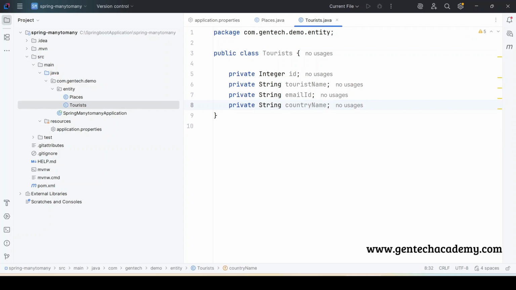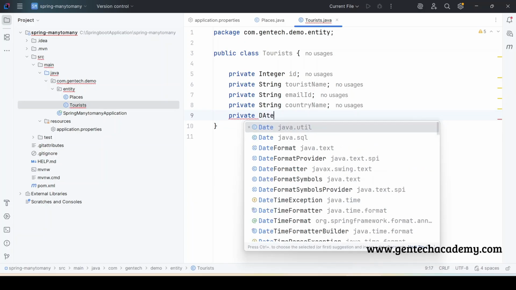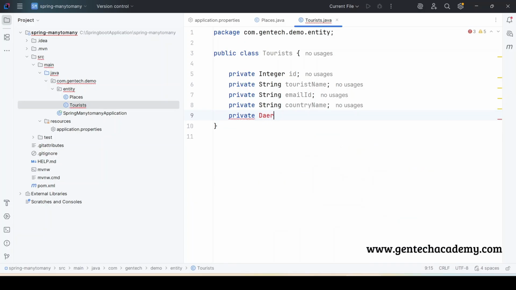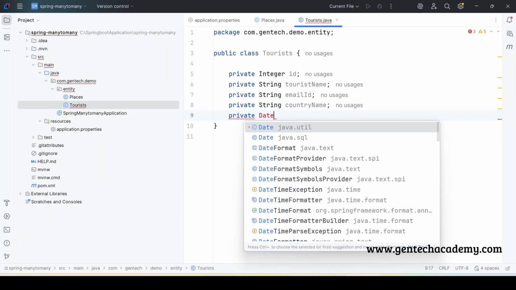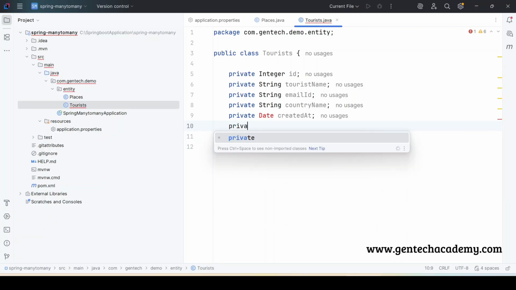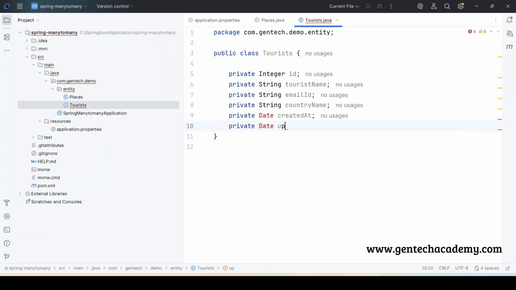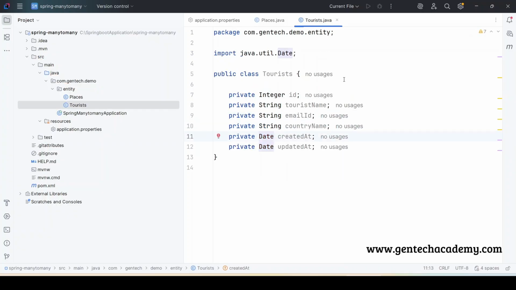So these are the details we have provided. Along with that, we should provide a private Date field, updated at. So we should import Date from the java.util package. Once after providing these details,